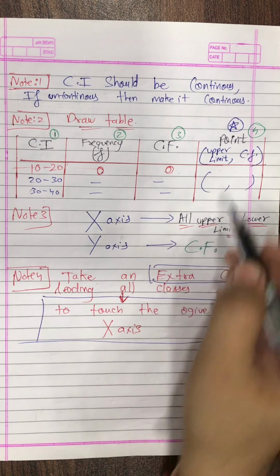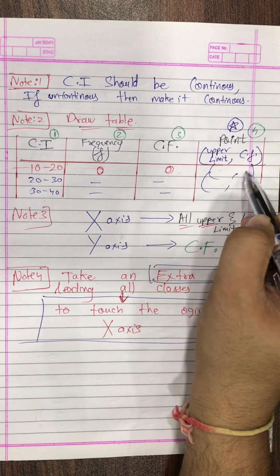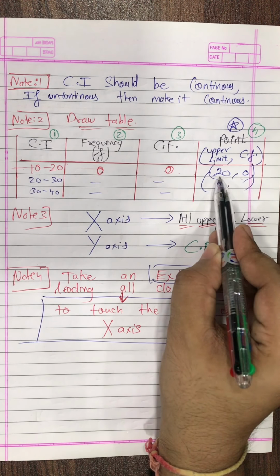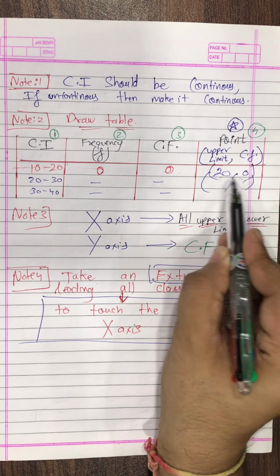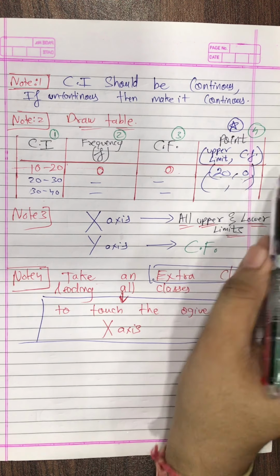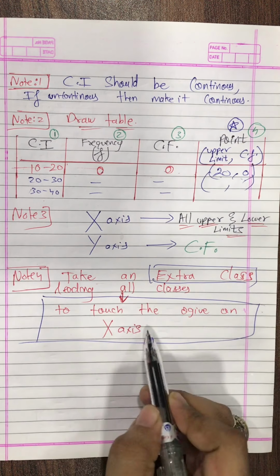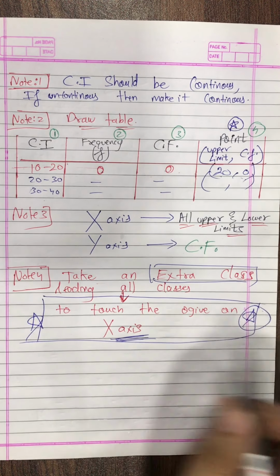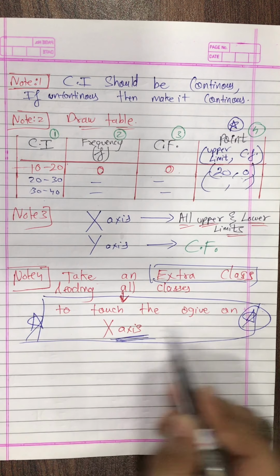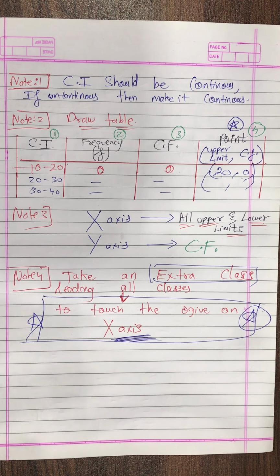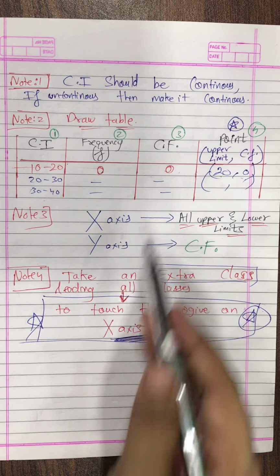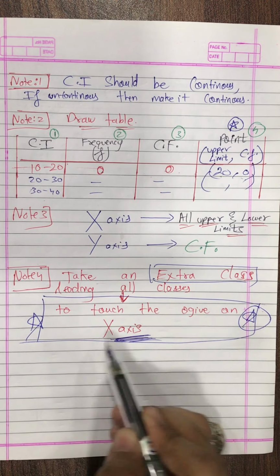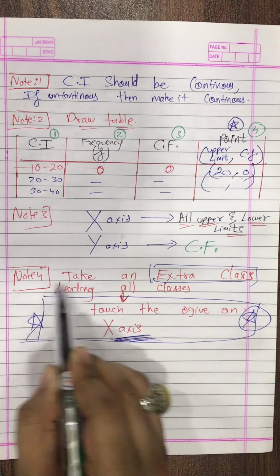The point we get here has cumulative frequency 0, and here the x value will be 20. So because this x coordinate is something and the y coordinate is 0, this point will lie on the x-axis, and because of this point our ogive will touch the x-axis. It's compulsory, mark my words, that your ogive should start touching the x-axis. The ogive should not remain in the air. If you draw according to all the questions alone, your ogive will be in the air, so it should start touching the x-axis, and it is possible only because of this.